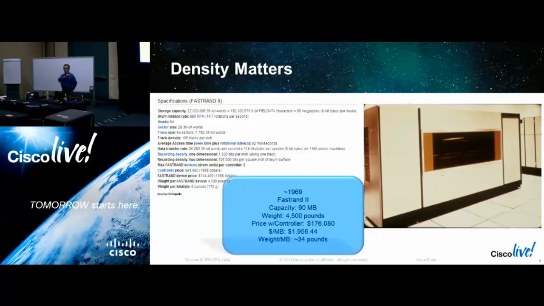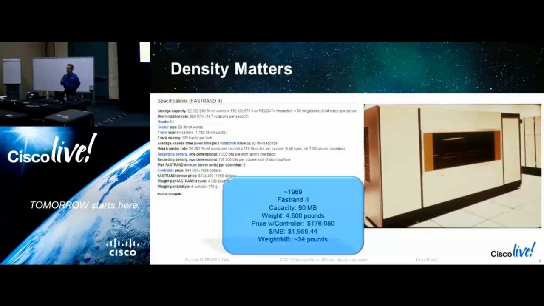Now this is version 2. Version 1 never sold. Version 1 had this nasty habit of walking itself across the data hall floor because of the rotational forces of the drum inside. And of course we hate when that happens. The engineers added a second counter-rotating drum, stopped the walk, doubled the capacity, all for the love of 90 megabytes. 90 megabytes. Now, when I looked up the spec for this for today's talk, something jumped out at me. It did not tell me how much power to supply to a FastRAN 2, but it did tell me that a megabyte weighed 34 pounds. It's funny how metrics change over time.